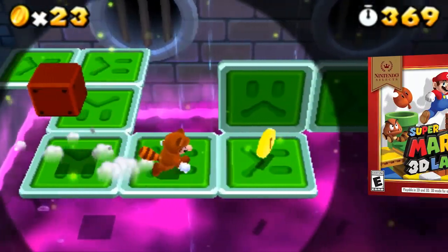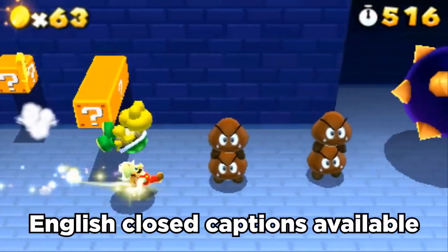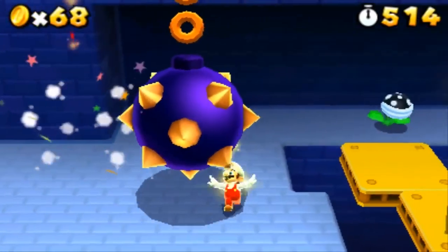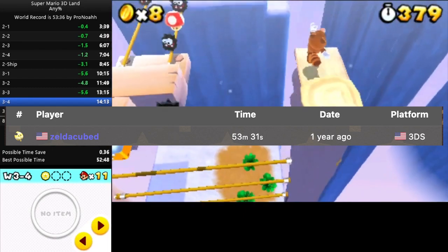My name is Matt, and Super Mario 3D Land is a funky little game. So today we'll be looking at its speedrun, and I'll explain everything as we go. Alright, let's get started. The any percent world record in this game belongs to Zelda Cubed, with a time of